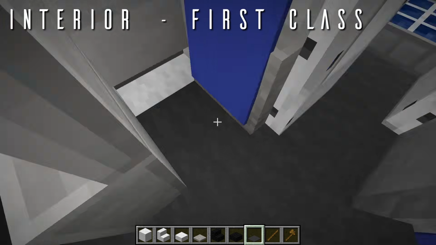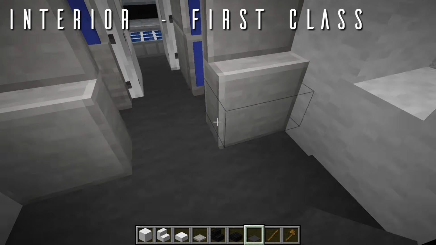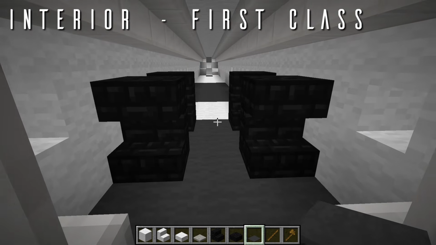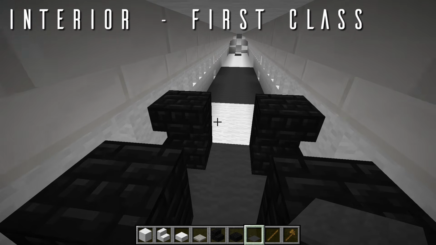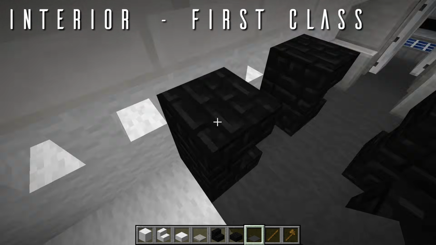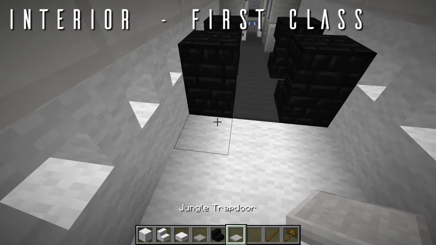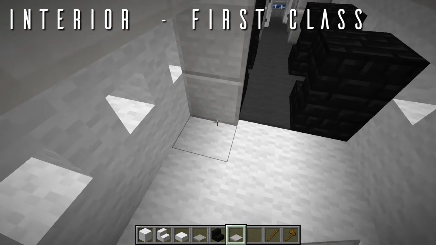We can't place it on these blocks here because those are occupied by other details already, but those ones, since they can be gray wool, will still have a much better consistency. But with that, that is everything for the first class section here. So, well, let's grab the jungle trapdoors once more, and we'll close a row of 2 jungle trapdoors against the